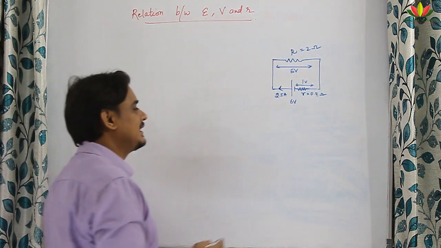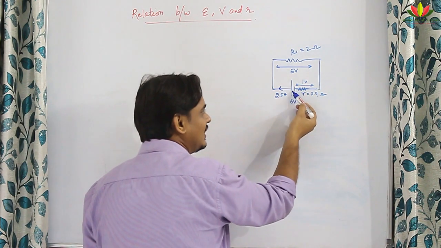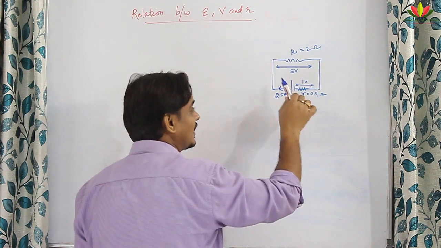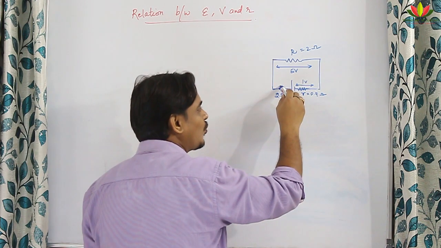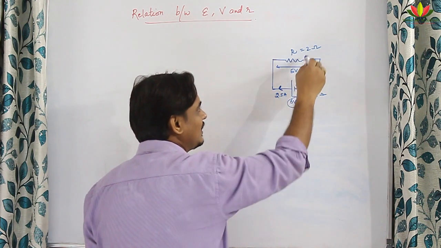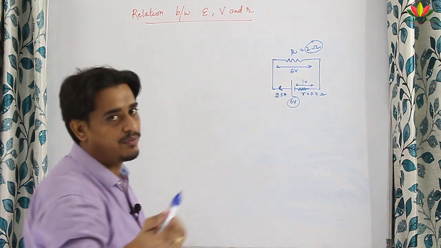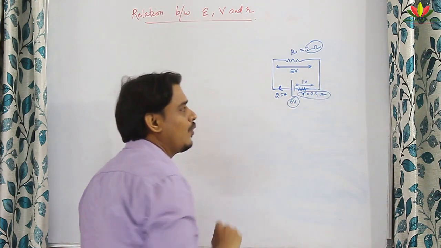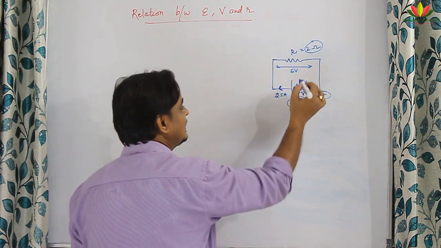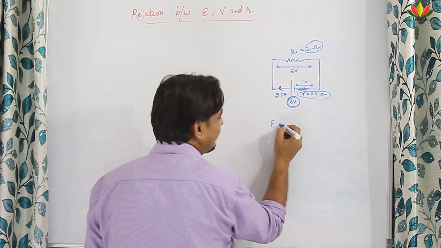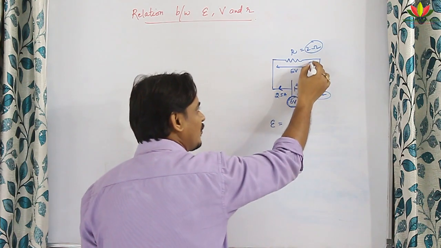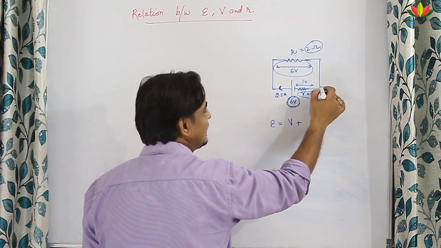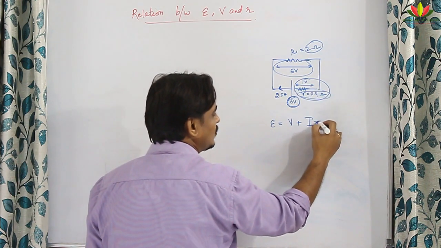What I said here is that when the charge starts to move from the cell and the current is produced, only 2.5 ampere starts, though it looks like 6 volt and 2 ohm should create 3 ampere of current. But why does 3 ampere of current not start from here? It is because of the presence of this 0.4 ohm. So, we can say that this electromotive force, that is complete EMF, is the summation of terminal voltage, that is V, plus this voltage, that is I into small r.